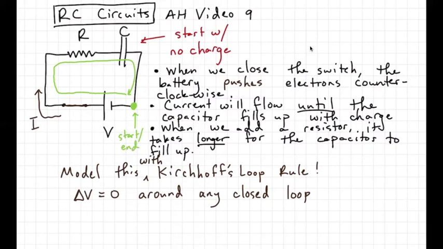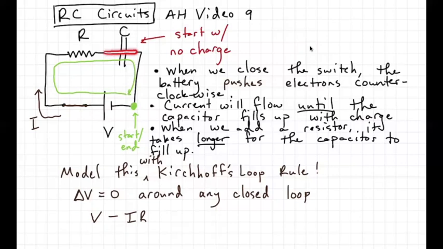So let's use the loop rule. I pass this battery, so I add V volts in my loop, and then I keep going around the loop. I get to this resistor, and I'm moving with the current as I go across that resistor. So there's high voltage on the left, low voltage on the right, which means it's a voltage drop across the resistor. So minus IR. And then as I keep going, I encounter this capacitor, and then there's a voltage drop